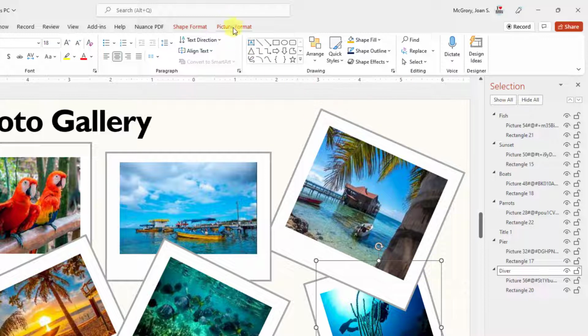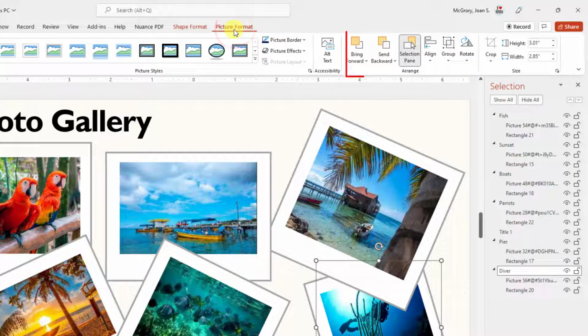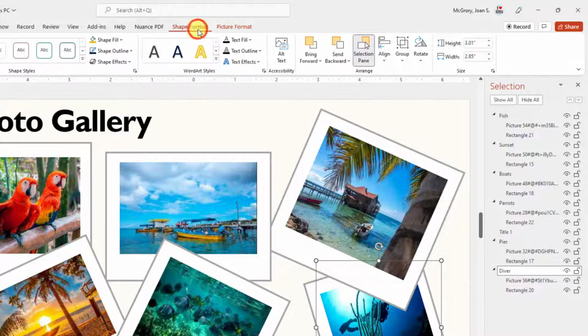Okay, so if we go to, what, picture format, or should we go to shape format, because they just say format? Well, to me it's both a shape and a picture, so I'm going to try shape format. I think we'll probably end up with the same impact, but I have diver selected, I have shape, and they said bring to front. So see where it says bring forward, click on that drop down box, and before I